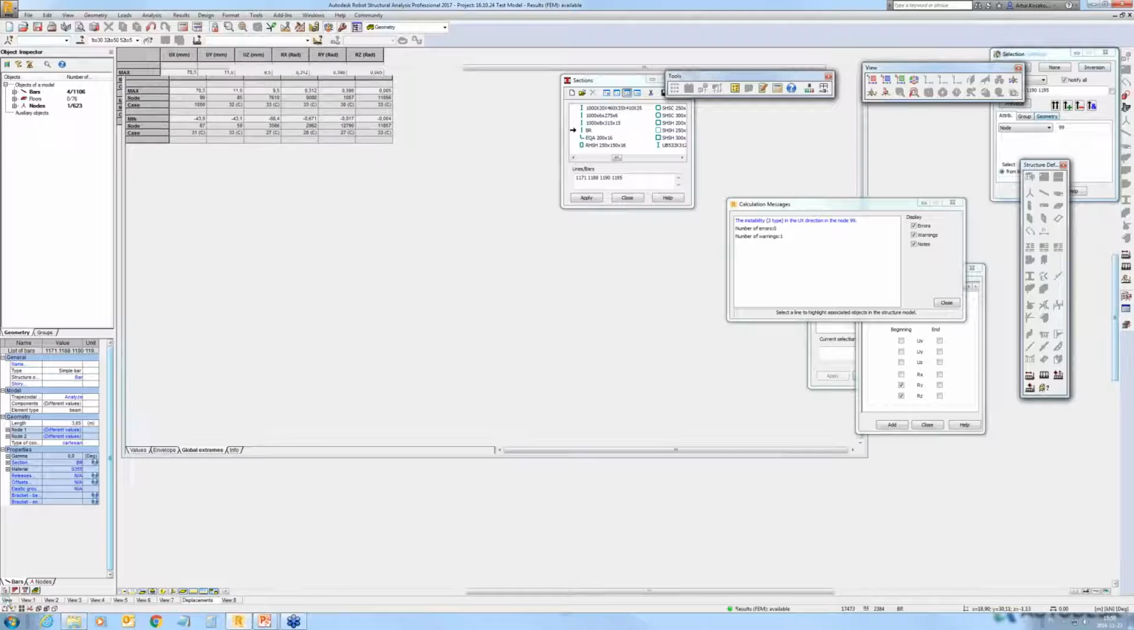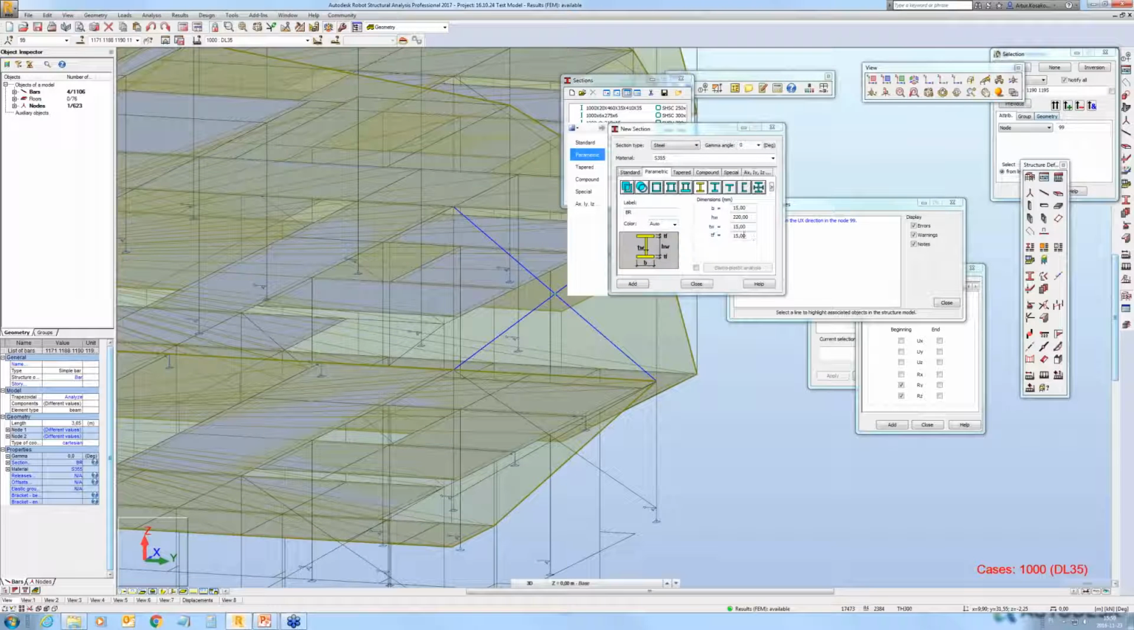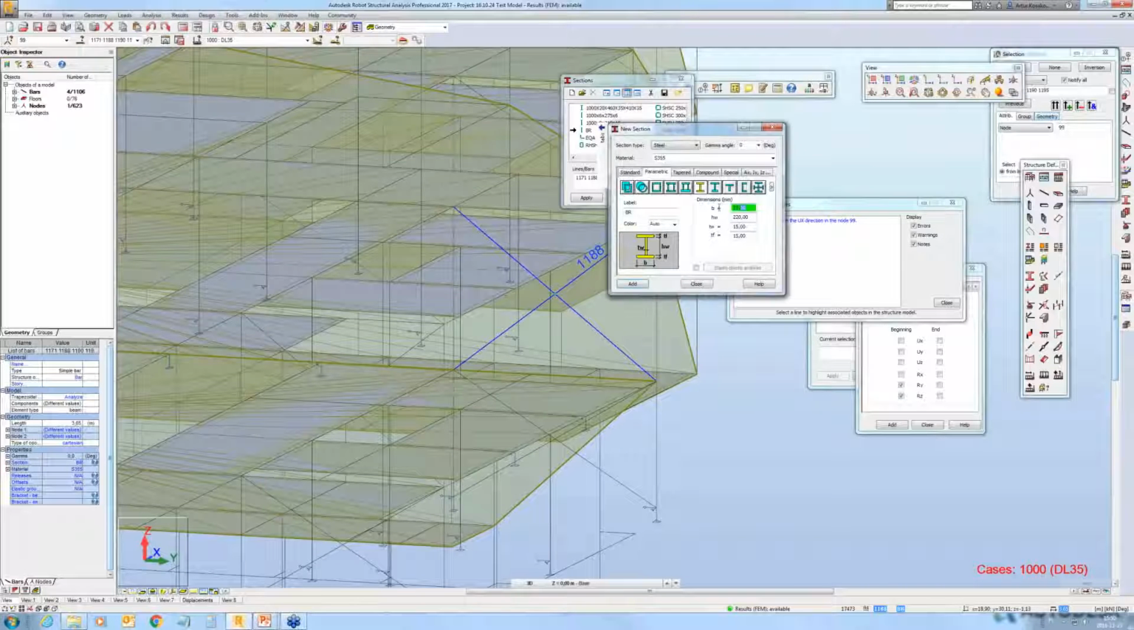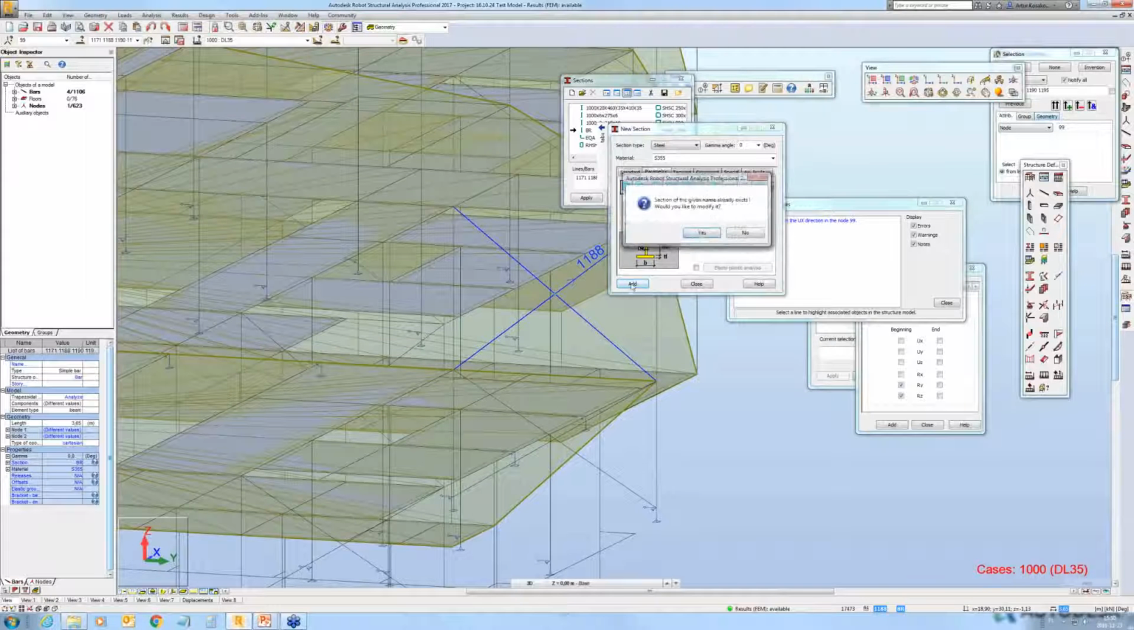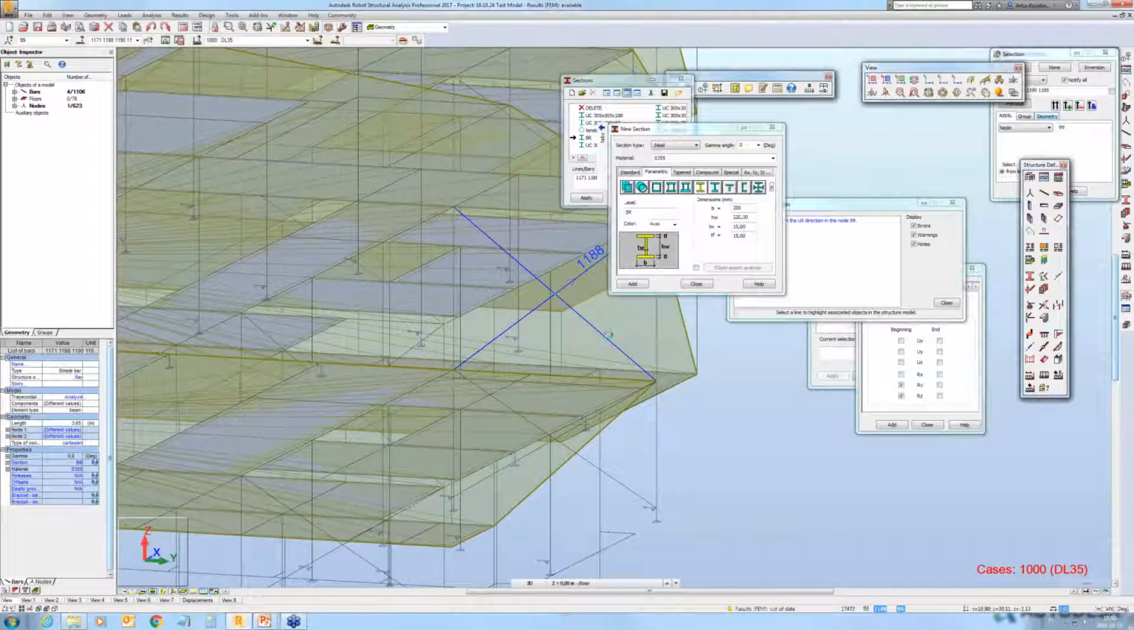So that suggests that either these elements should be defined as tension only, or they should be more stiff. So let's redefine the sections for these flat bars. Let's define them as I-beams. Okay. And now,